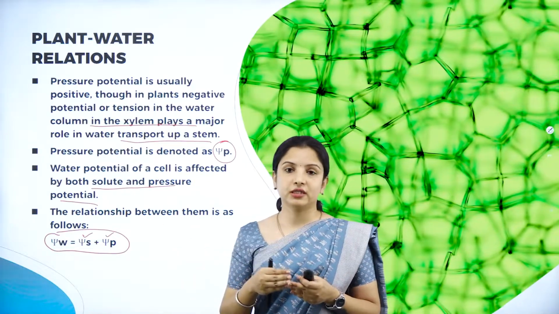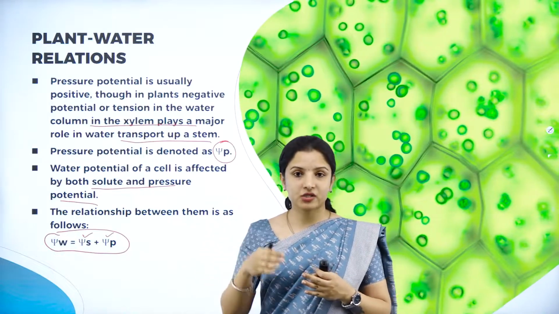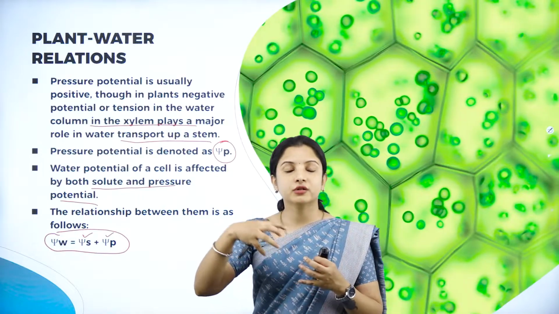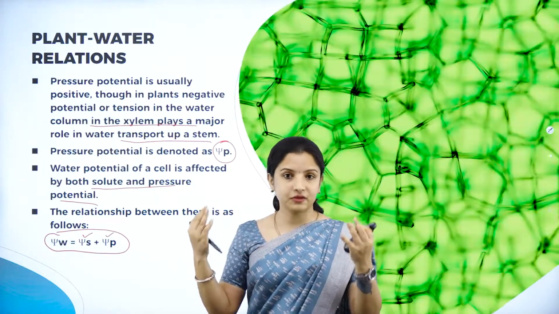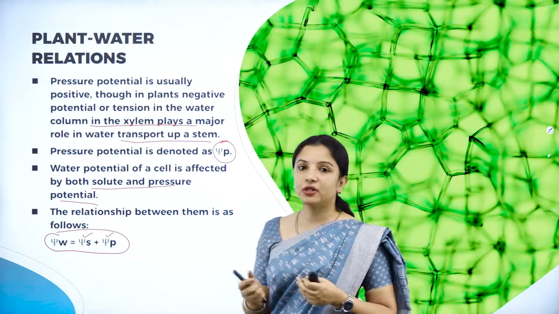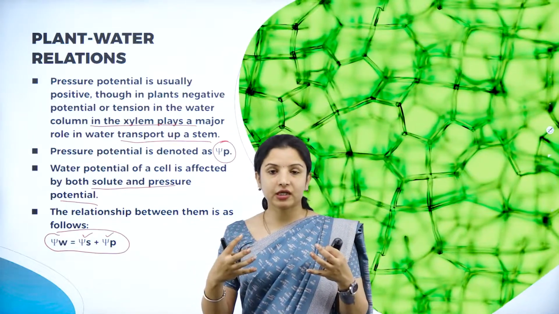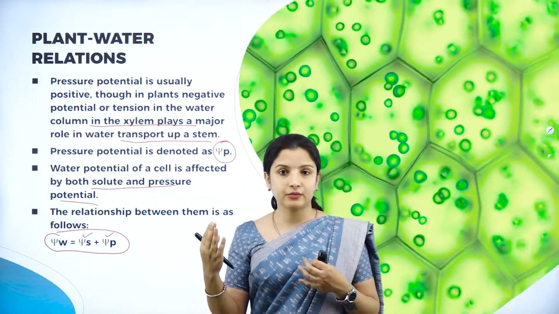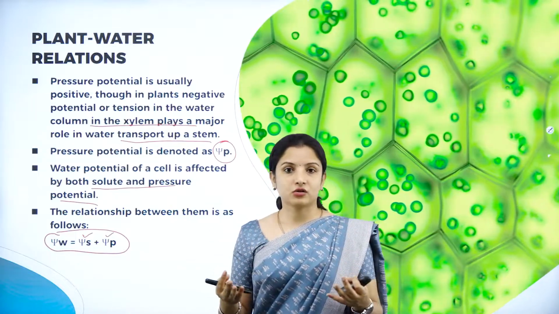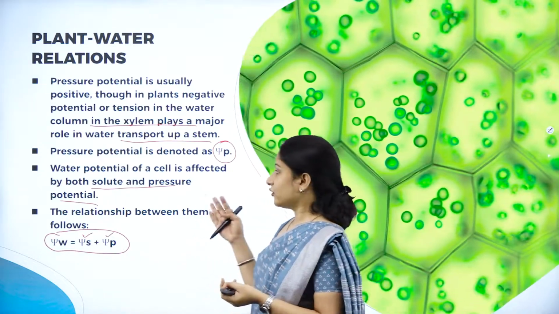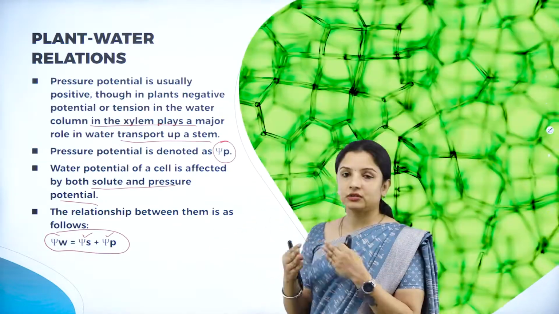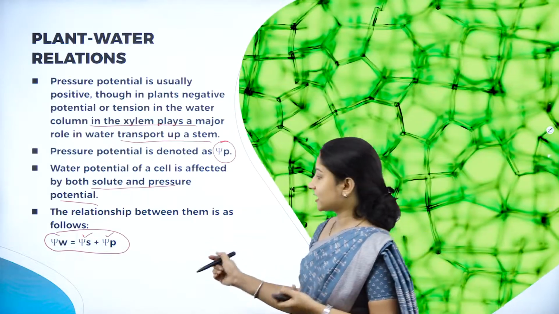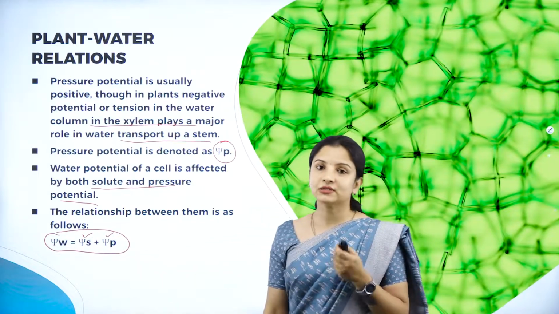Pressure potential comes to help. So pressure potential, what happens? When the pressure potential in the plant is more than that of the atmospheric pressure, it will allow the pulling up of the water to different parts of the plant body. The cells will become turgid and a pressure will be created which will pull the water from the base of the plant to different parts of the plant body, no matter what the concentration of the solute. So therefore, water potential is always related to the solute potential and the pressure potential, and hence it is expressed as psi W is equal to psi S plus psi P.